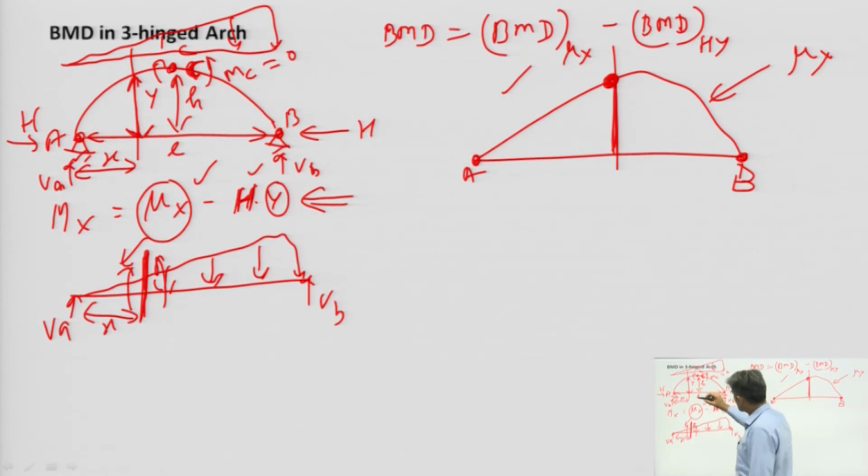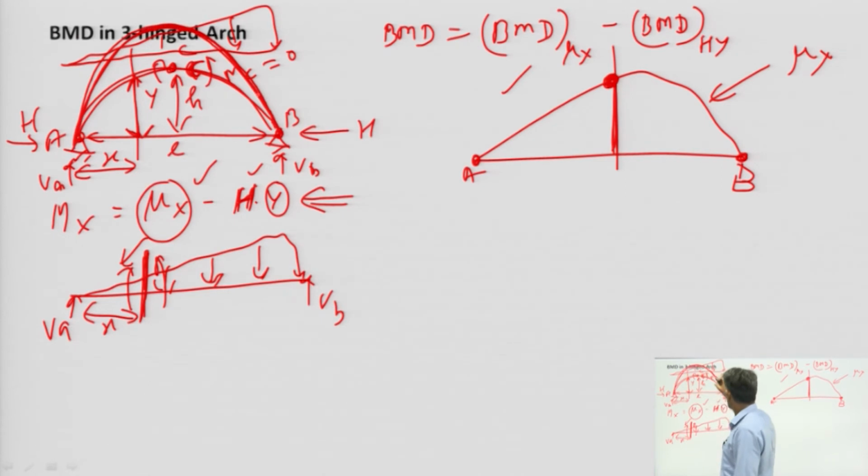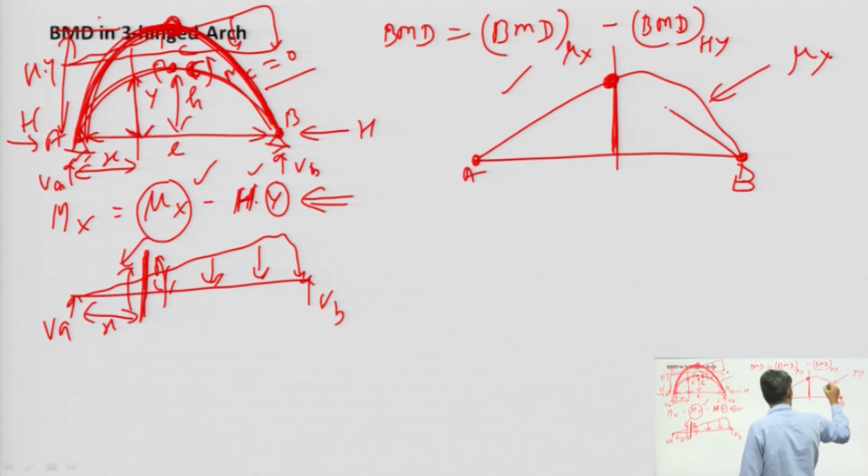So, multiplying by any constant we have the same ordinate as points A and B. When this y is multiplied with some constant value h, its shape will be this one. Every ordinate, when y is multiplied with h, this one ordinate h into y, means this type of shape we will get, and this is the crown point. At this point both will meet, at the crown point.